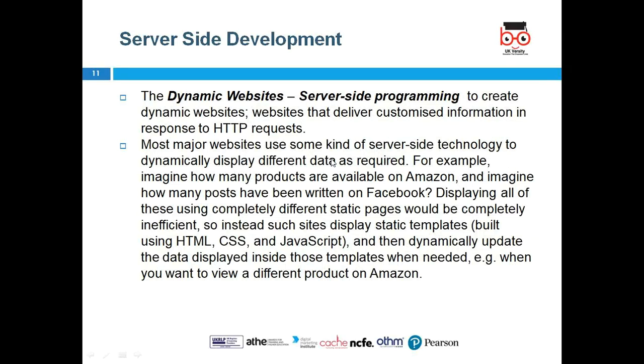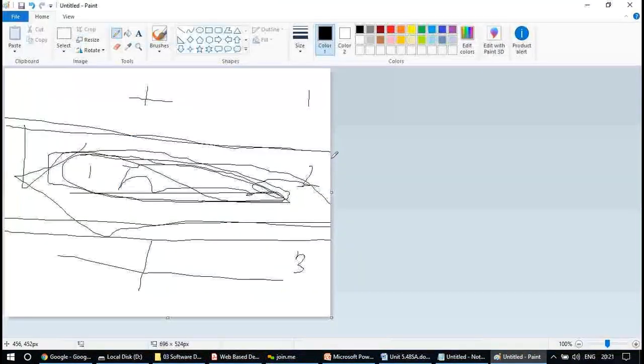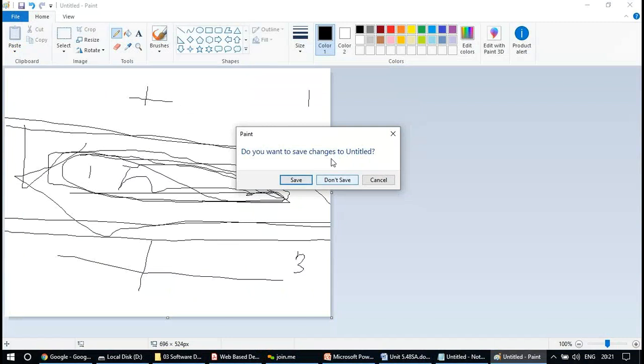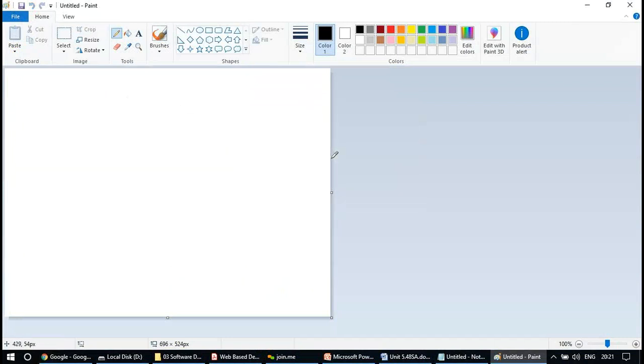So for example, this is the PHP file, and some PHP code would be written here, and its responsibility would be instructing